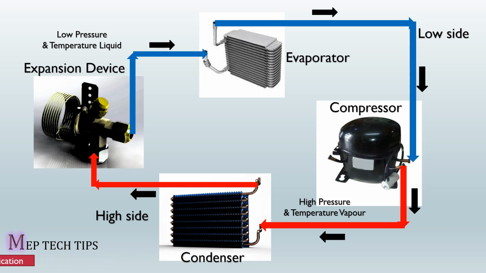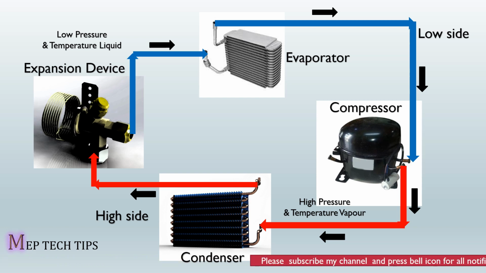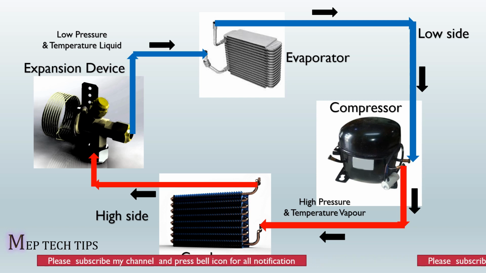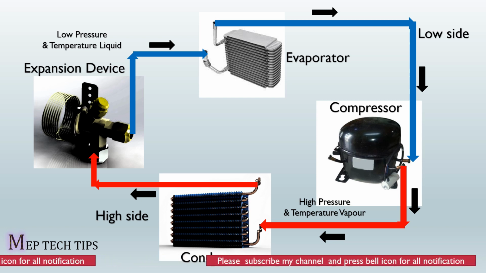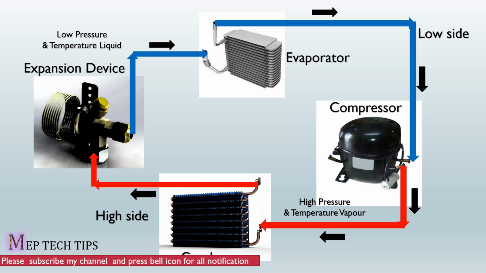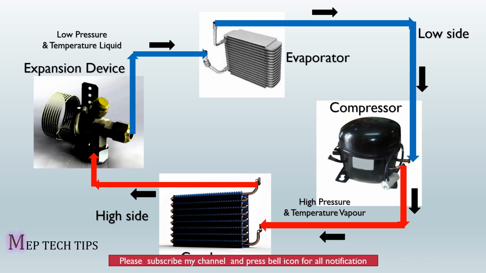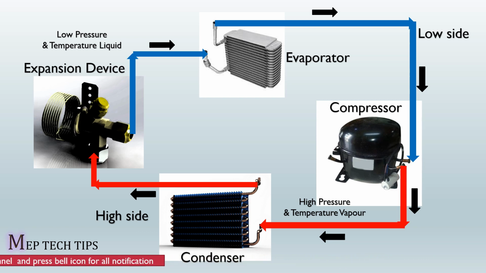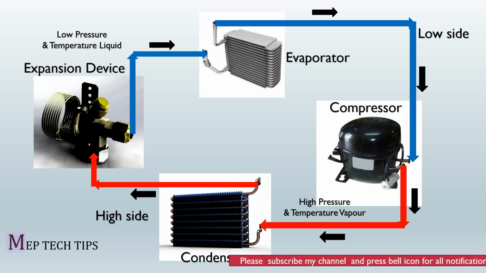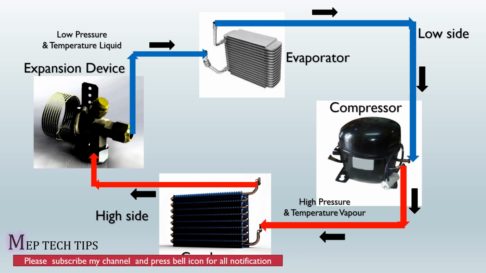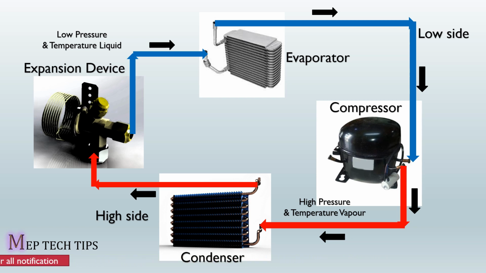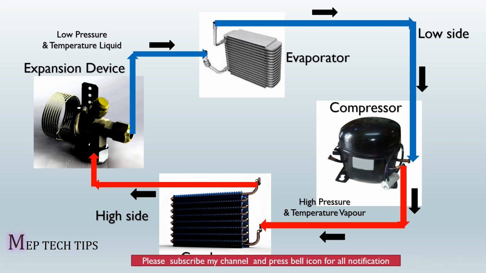So this is the simple vapor compression cycle process. If you have any doubt, you can see here also that the red side is the high side area, and the blue area is the low side area. We call it the high side because it carries high temperature and high pressure vapor, highlighted with the red line, and the low temperature and low pressure liquid line we call the low side. It is divided into two parts, in blue and in red.